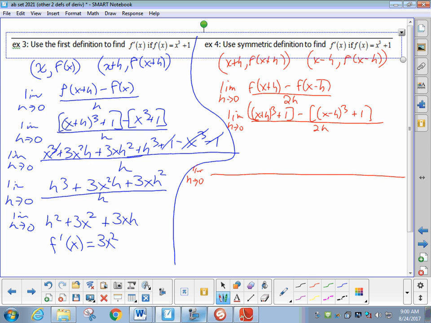All right. So, we already know what x plus h cubed is. It is x cubed plus 3x squared h plus 3xh squared plus h cubed, and then the 1 would come along. Make sure you use parentheses on these problems and distribute the negative. On the x minus h cubed, it goes x cubed minus 3x squared h